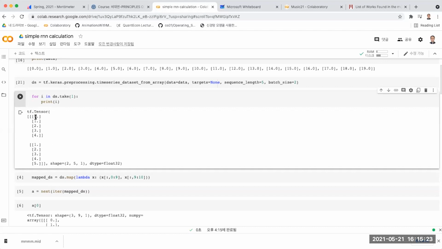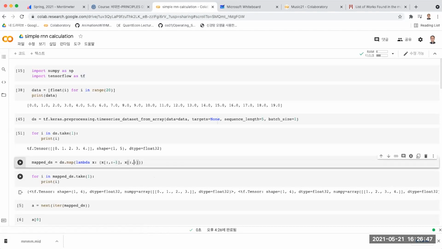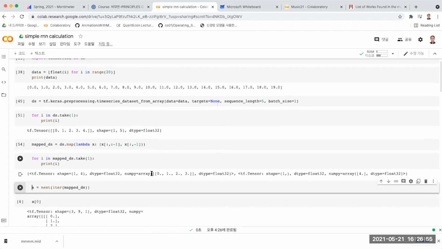Okay, now let's say I have the numbers from 0 to 4, but I want to make these 5 numbers into 2 separate pieces. The first one is going to be an X and the final one is going to be a y. Oh, this is right, yeah. 4, this is just -1. Yeah, this is what I was trying to say. The student who gave me a hint is really smart,